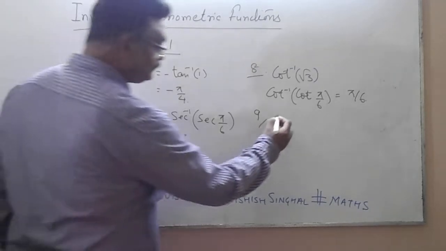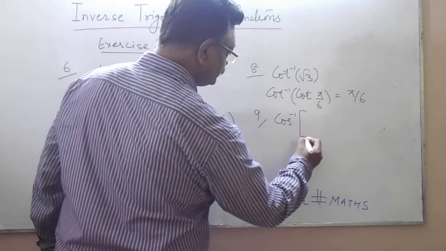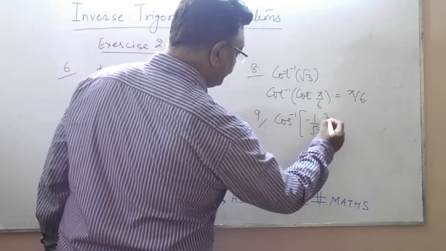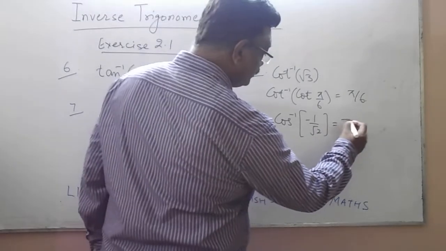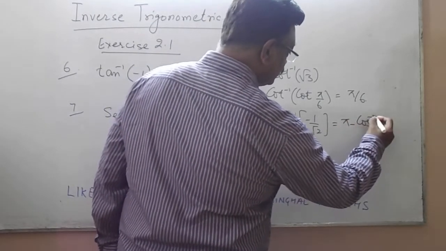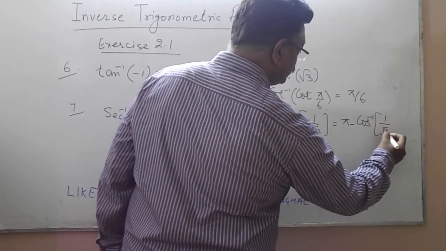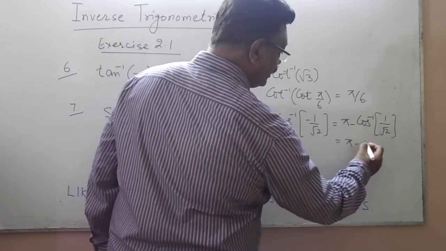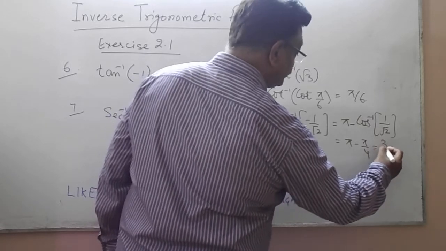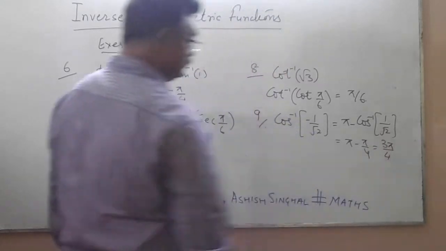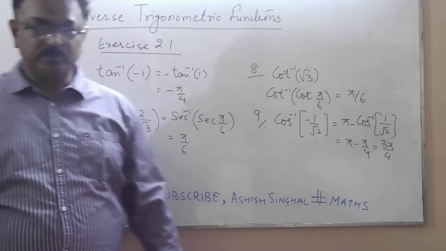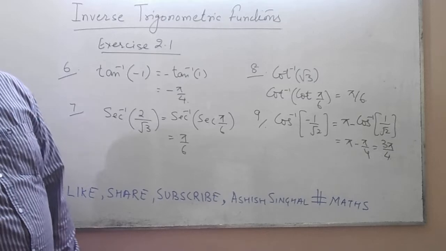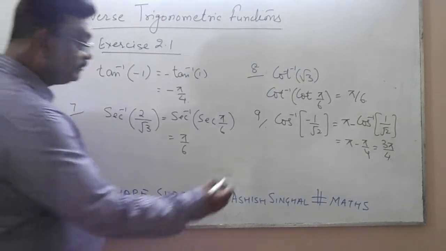Cos inverse minus 1 by root 2. Cos inverse minus 1 by root 2 will be written as pi minus cos inverse 1 by root 2. This is pi minus pi by 4, which gives you 3 pi by 4. 3 pi by 4 lies between 0 to pi. So this is the principal value of this function. Question number 10